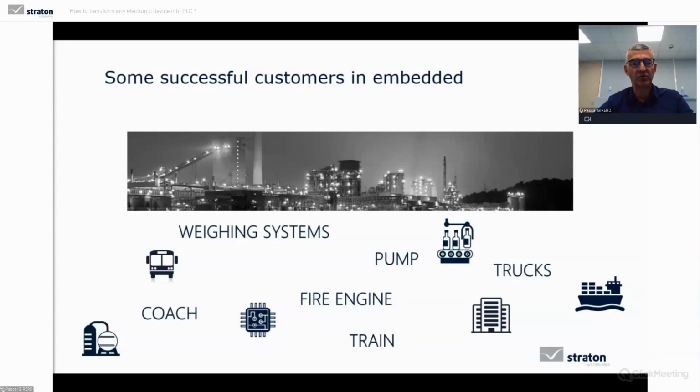In embedded, because today we are especially talking about embedded, it can be, for example, control systems for a bus or a coach, a farm tractor or a fire truck. They came to us because CAN or J1939 integration were very easy, or in the giant cruising ship. It can be also in weighing systems. It's a specific process in a machine like a cemetery or a diagnostic machine. Or building management with a pump or a cooling system, or even irrigation management.